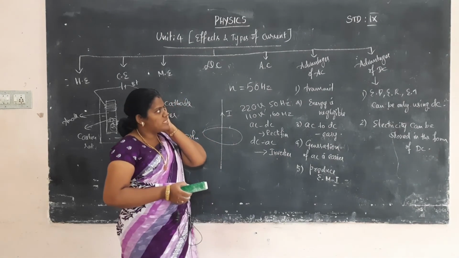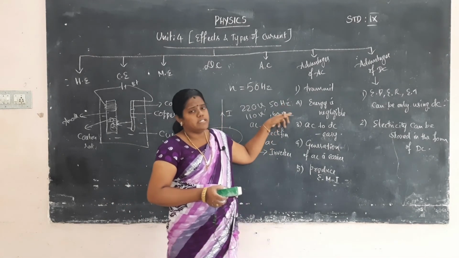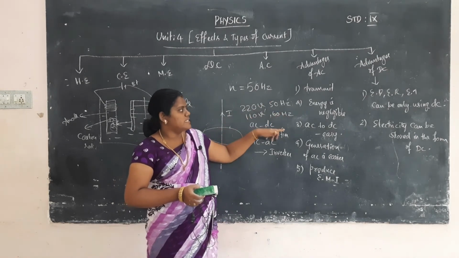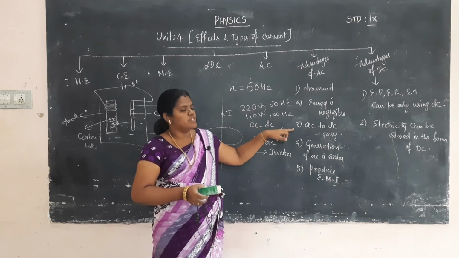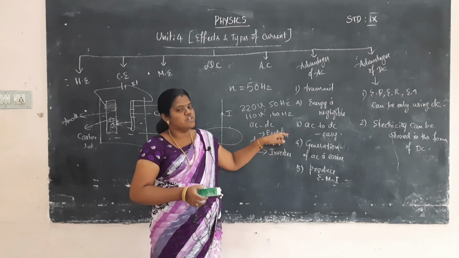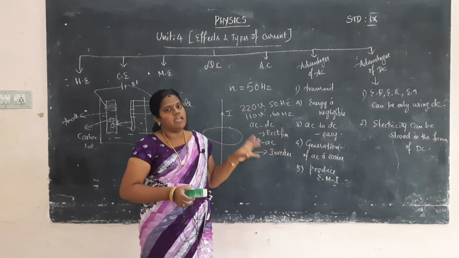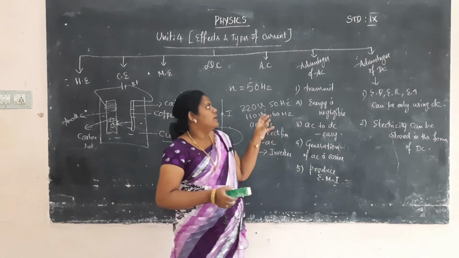Advantages of AC: transmission of AC is very easy. The energy loss in transmission of AC is negligible. AC to DC conversion is very easy, and generation of AC is also very easy. And alternating current can produce electromagnetic induction. And advantages of DC: